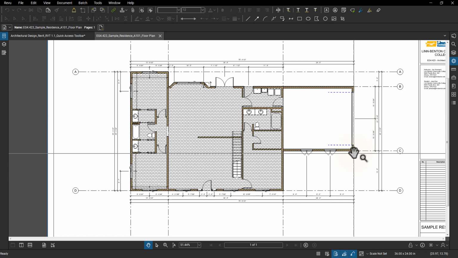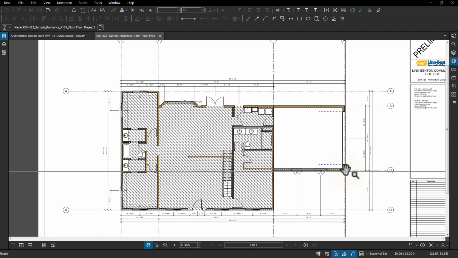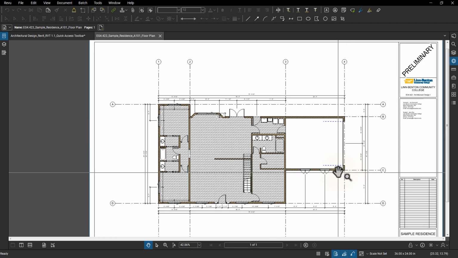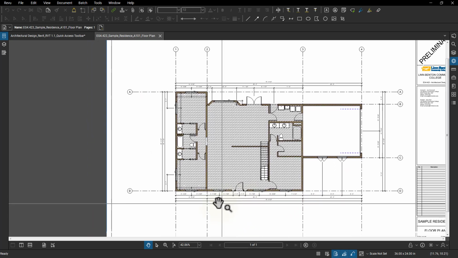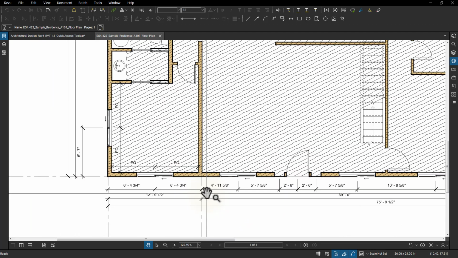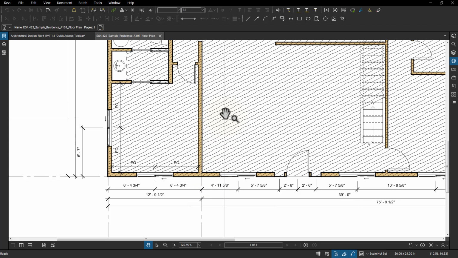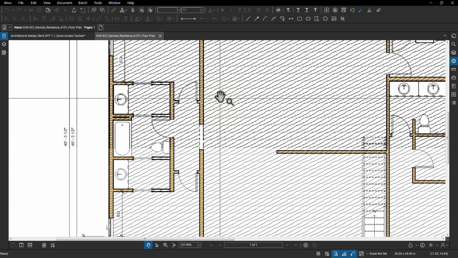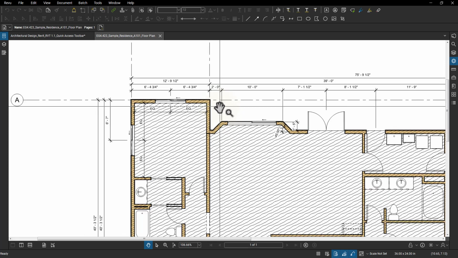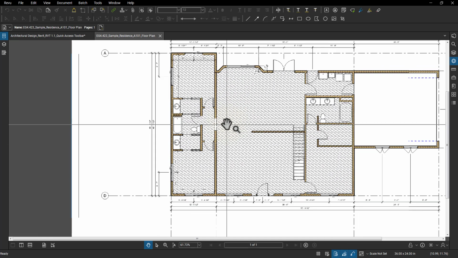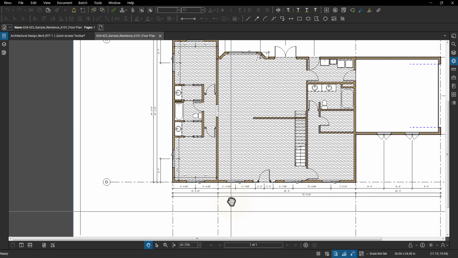If you have grids that go all the way through, and if there's nothing that marks them on either side, you don't necessarily need them. As you can see, I have this wall that is continuous all the way through. So I have a grid because this wall, as we follow it up, makes up this corner and is continuous all the way down to the other side of the building. So maybe that grid line would be important